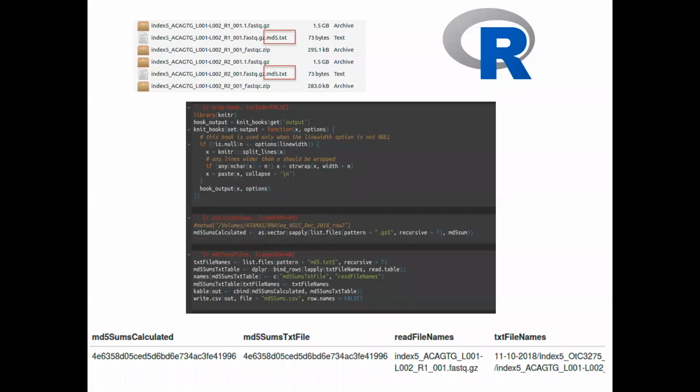The checksum is an elaborate, unique string of letters, as you see over here under the MD5 sums text file, or calculated. My first wrangling task typically is to verify all my files' checksums so I can make sure there were no errors in the downloading process, because during the access, that's one of the things I have to do. So I can go about doing this at the command line, running the simple function md5sum on this file name,